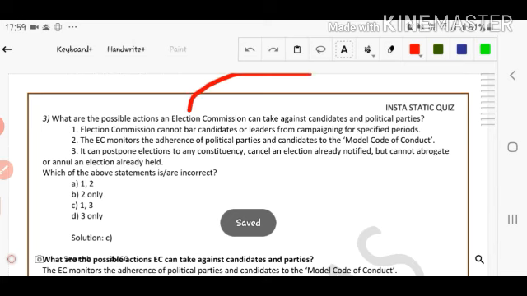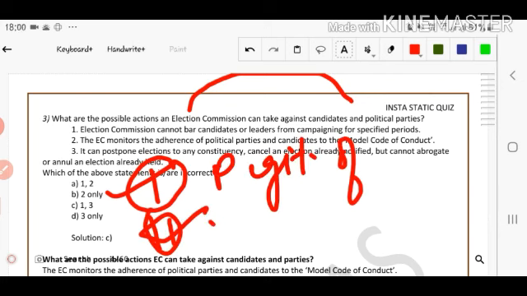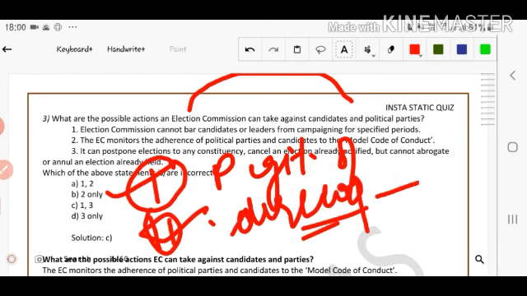Next question is about what the Election Commission can take against a candidate and a political party. That is the relation between the Election Commission and parties. What can be the power of the Election Commission regarding a political party? Now, the first function of the Election Commission is the registration of a political party. Number second, it cannot derecognize a member of Parliament. It can deregister or derecognize a political party if the following criteria are not met by the political party itself. So it has the power, right?